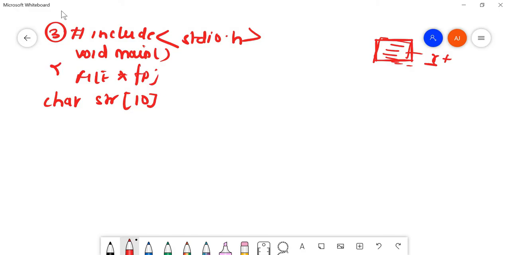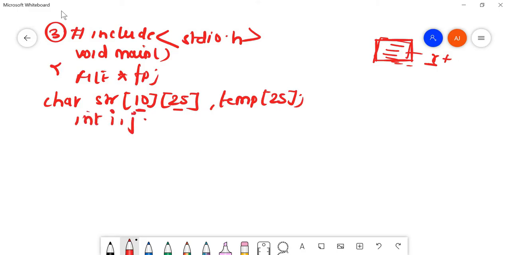So 10 and 25: this indicates the number of names and this indicates the length of each string. I am also using a temporary variable which is also of character type. Next, I am using two integer variables for the loops. So I'll open this file, which is already present there.